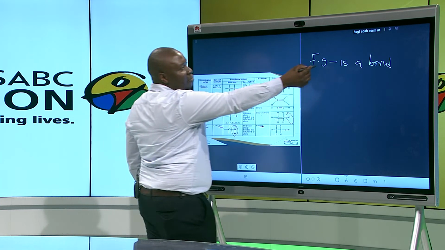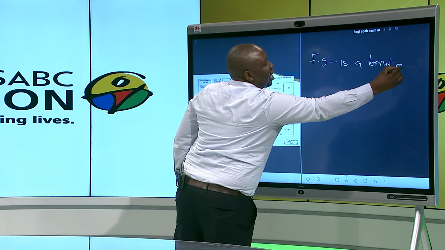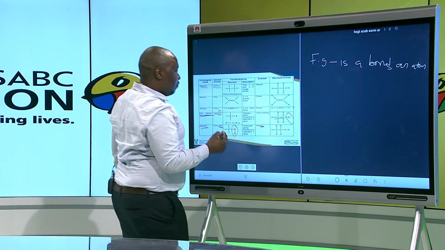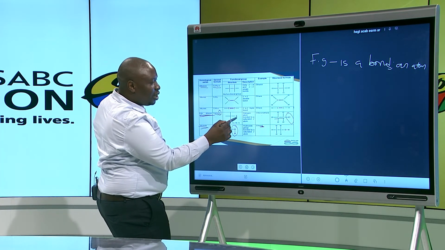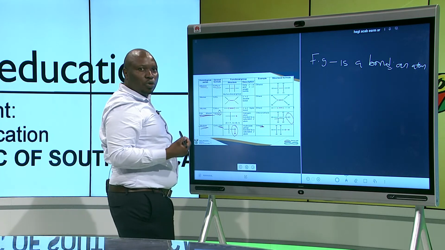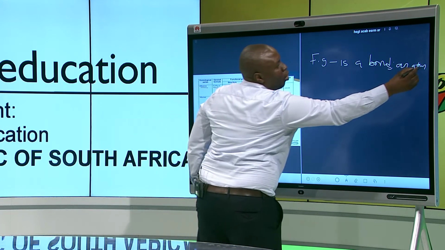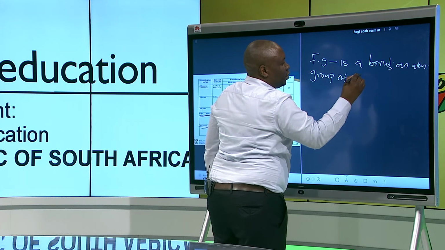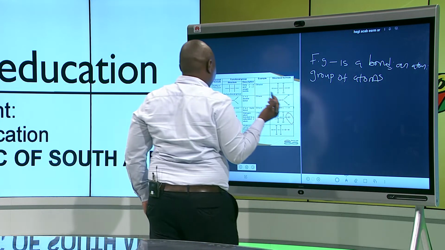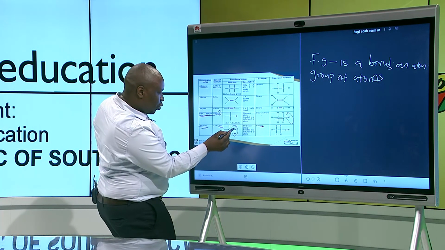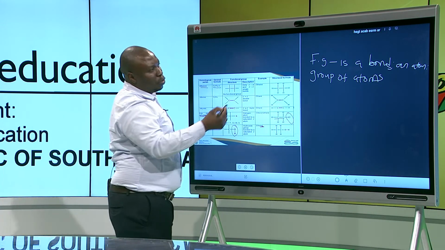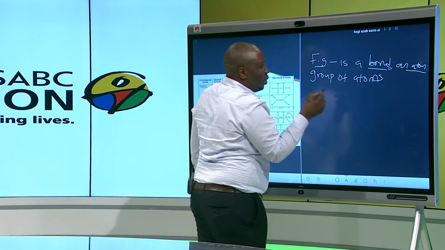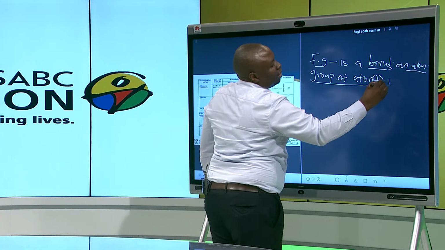They indicate a functional group. We're saying it's an atom. We're having atoms like bromine, chlorine. They indicate a functional group. We're saying it's a group of atoms. So we can group them. For example, when you're having OH, it's a group of atoms, O and H. So we're saying a functional group is a bond, an atom, a group of atoms that determines